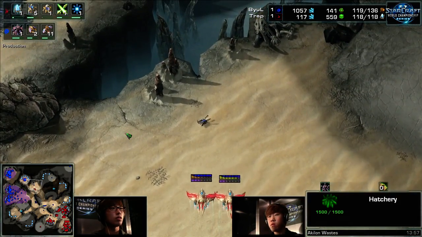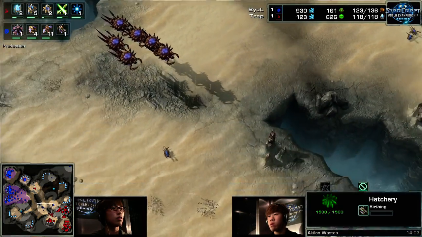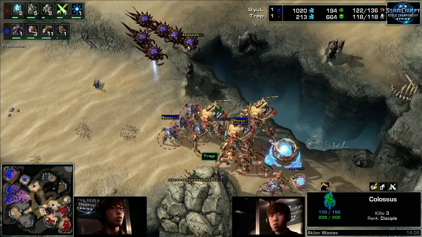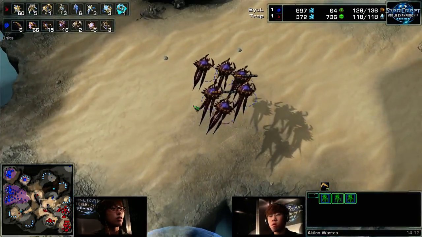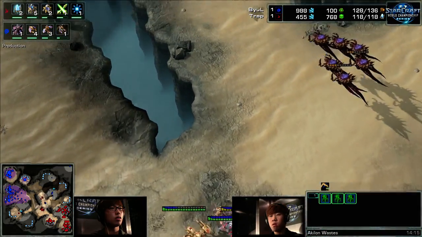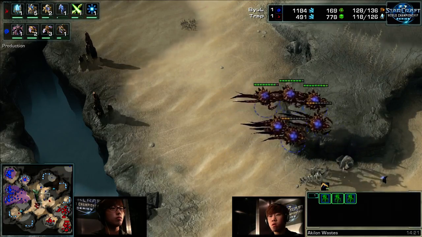It's very difficult. Wait, Muta transitions. Now this is actually very, very, very risky. This is an extreme risk. I mean, this force can easily kill the 11 Mutas, and it must be taken head on. It's going to have to be a big flood of Zerglings after this to just be able to keep it alive, but Trap